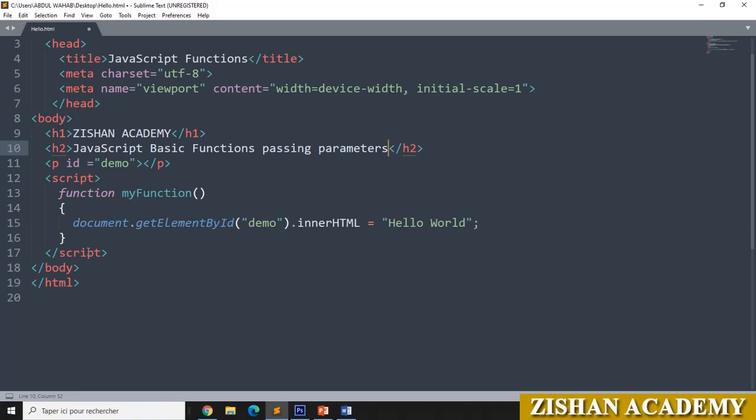Here we will go for function myFunction. Here we will go for p1, some parameter name you can give it here, and here I am giving parameter p2.